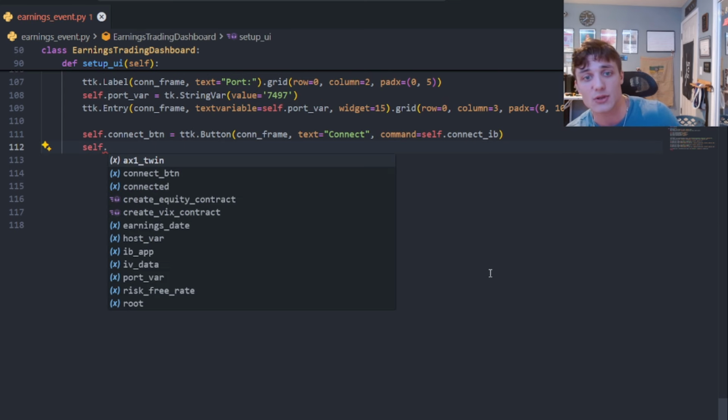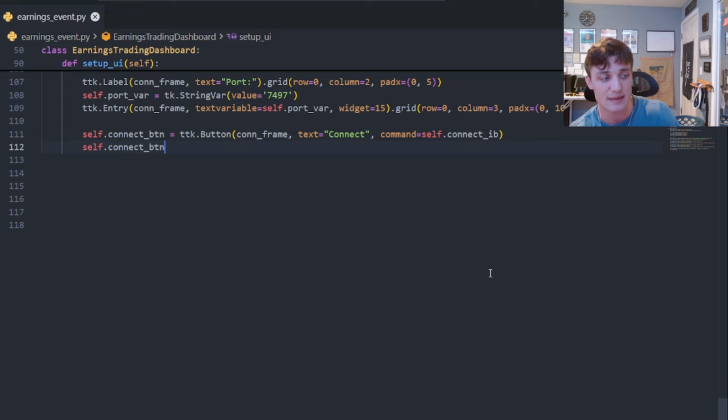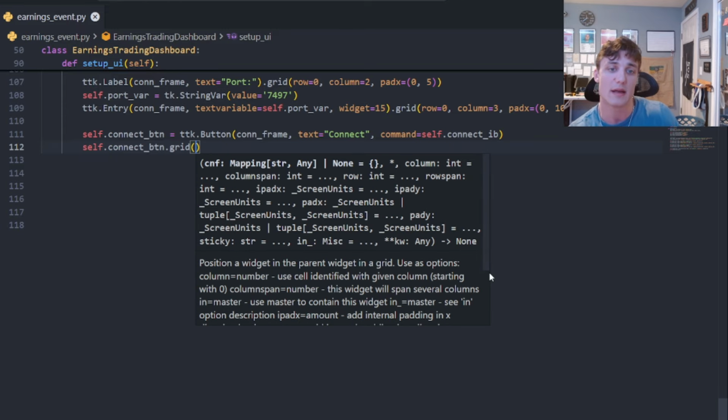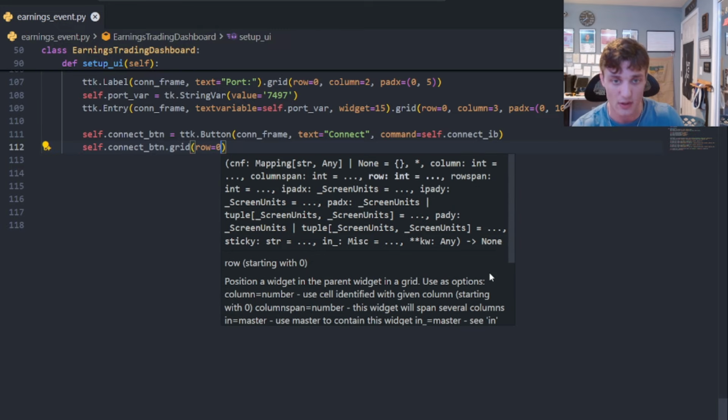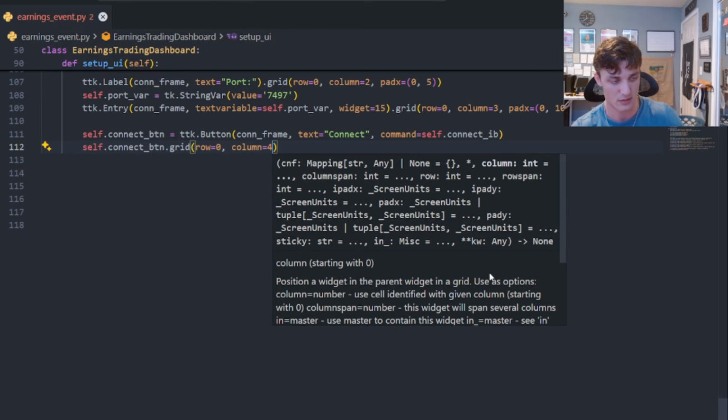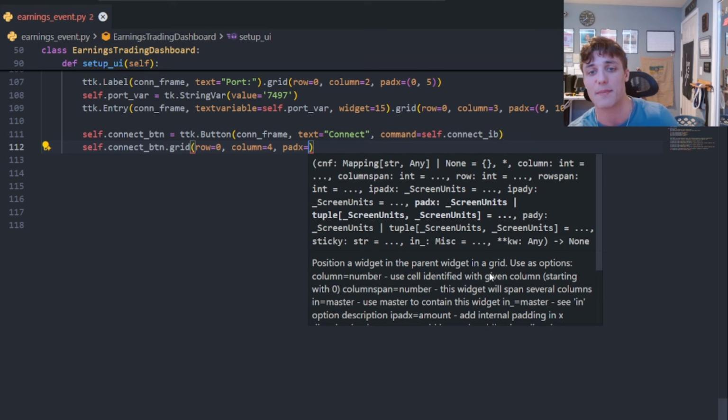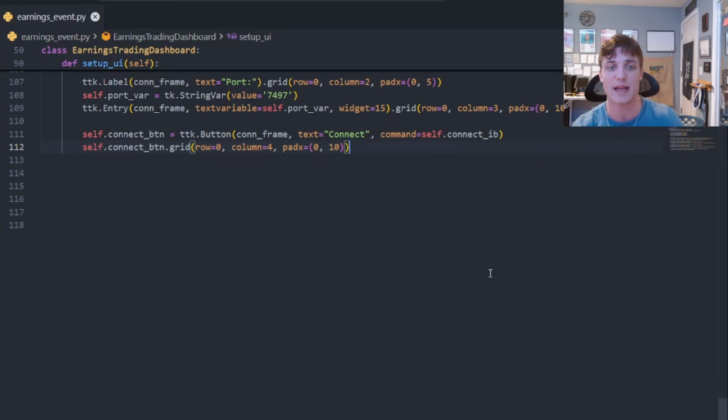Now I need to add it to the frame, right? I need to call a grid or a pack. So I'm going to say self.connect button.grid, and I'm going to throw it in row 0, but column 4. This will be all the way at the end. I'll have some padding on the X, 0, 10, and I'm going to do the same thing with the disconnect